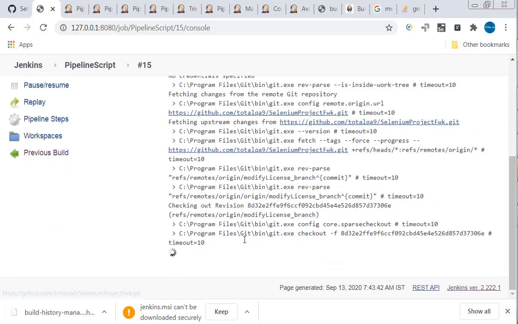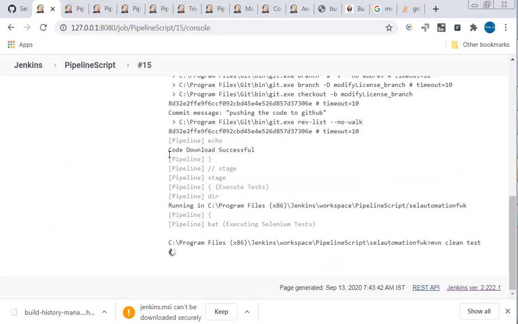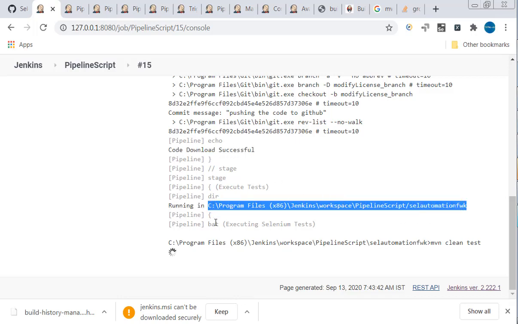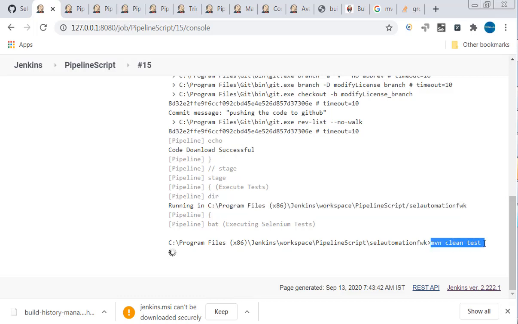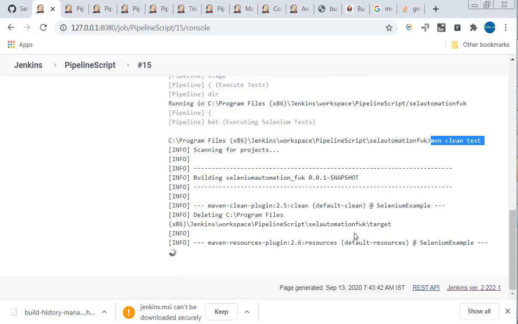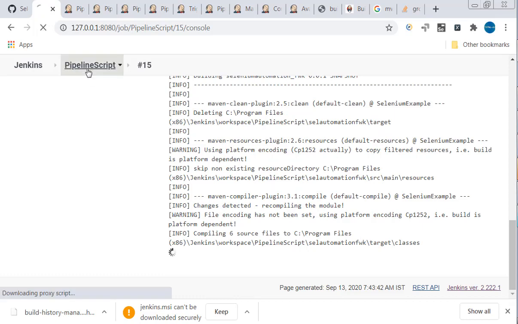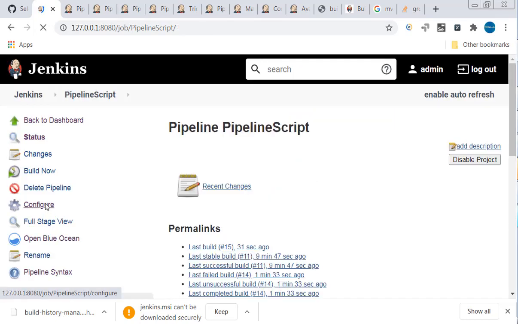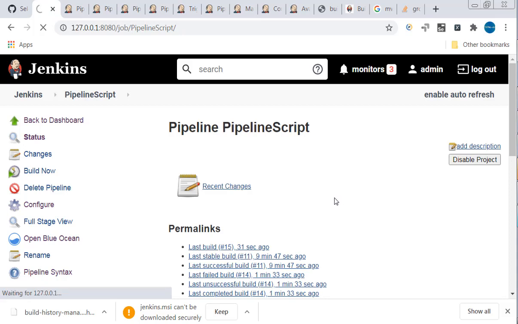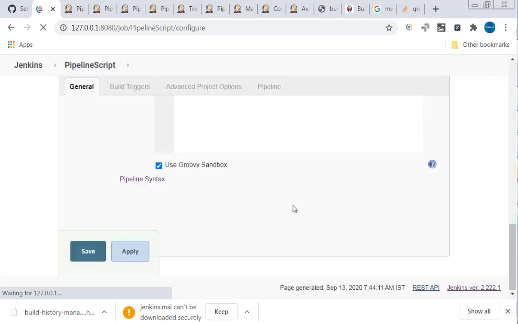You can just open this job, click on console output now. We can identify whether the code is downloaded successfully. Yes, it is successful. And are we picking the path? Yes, the path is getting picked now successfully, and we are able to execute mvn clean test. So the job is getting executed. Now it will try to execute the test cases as well, because it is able to find pom.xml. It is downloading all the dependencies. So this is how you have to generate the script using a snippet generator, and it will be helpful for us to generate the script.